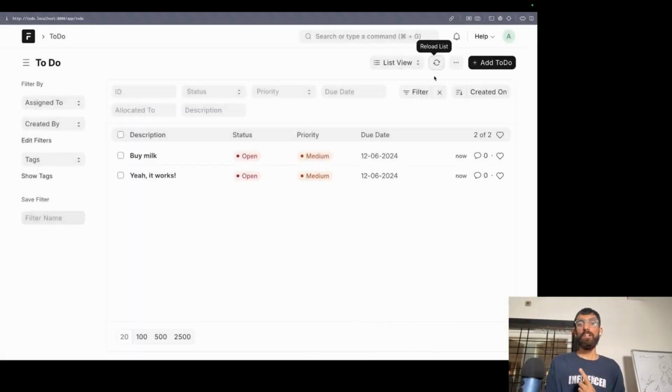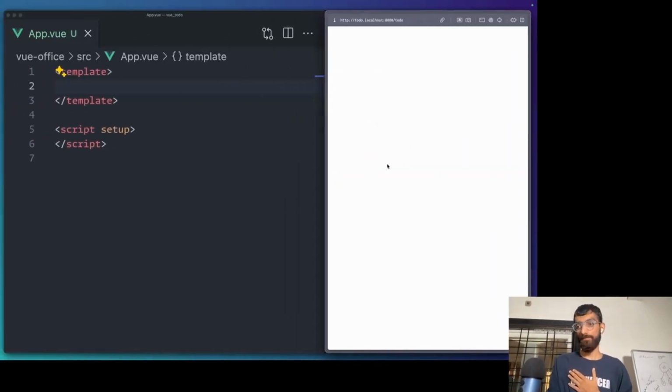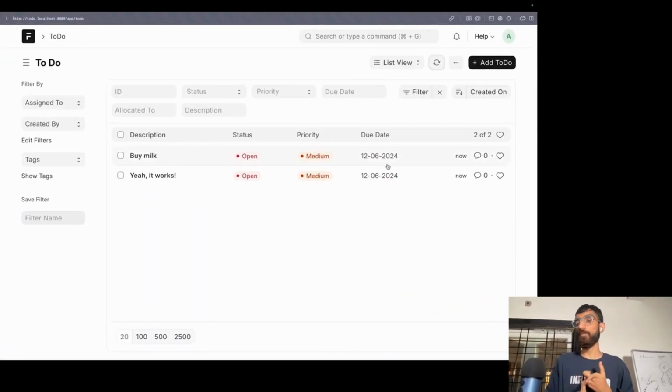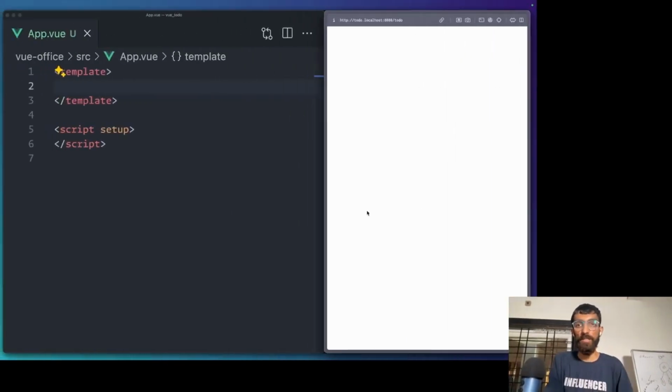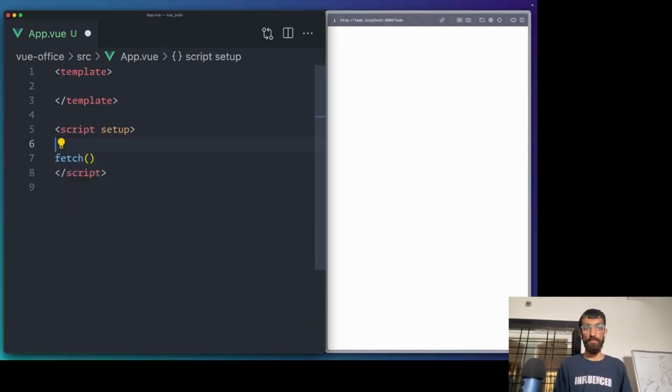So our first step would be if somehow we can show these two to-dos here, right? We want to do CRUD, so we'll start with R, the read part. Then we'll see create. Then we'll see delete, and edit will be homework as always. So how do we do that? We have the REST API in Frappe. We can come here in the browser console or directly here, and we can fetch from /api/resource if you want v1, but I will use v2. That means it will be /api/v2/document/ToDo,